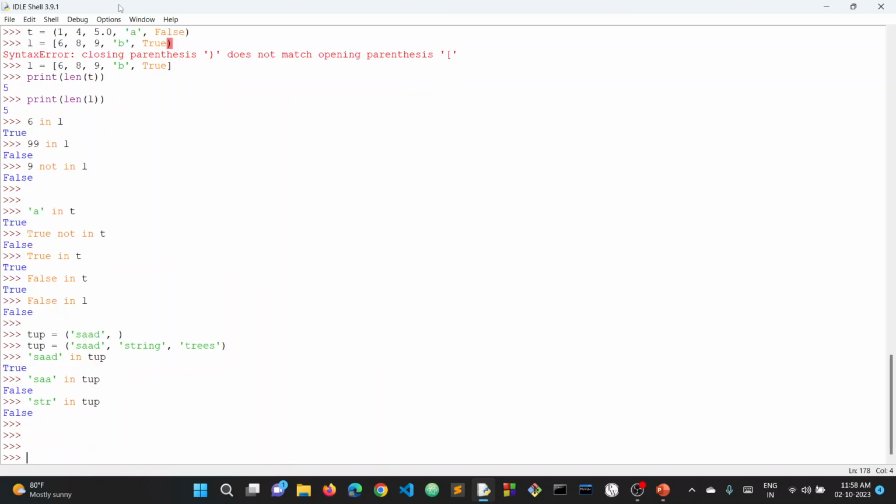Now, the last similarity is that we can also perform concatenation and replication operations on tuples as we used to do in lists. That means we can join two tuples using the plus operator and replicate a tuple using the asterisk or multiply operator as we used to do in lists. For example, let's take the tup tuple and the tuple t that we have created. If we write tup plus t,